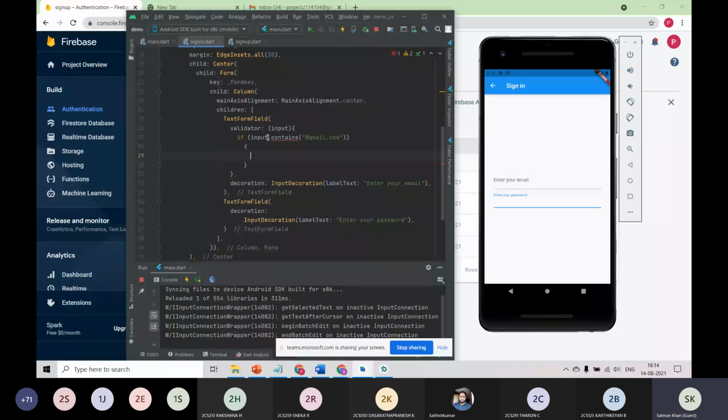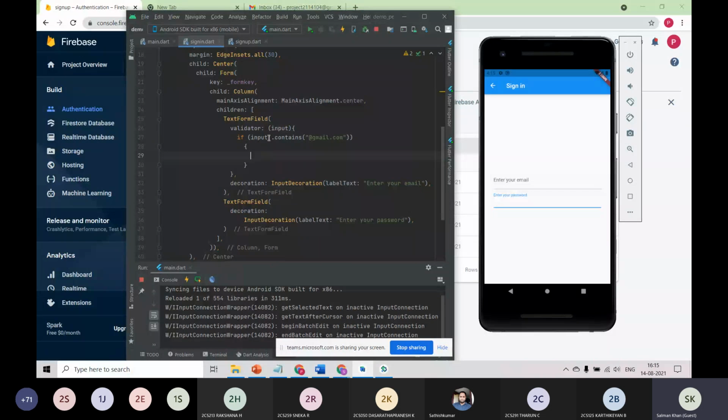And the main thing, this feature is also introduced in the new version of Flutter, that is null check. The main use of null check is it will stop the program immediately if the value is null, instead of throwing the null type error. That is what null check is used for nowadays.